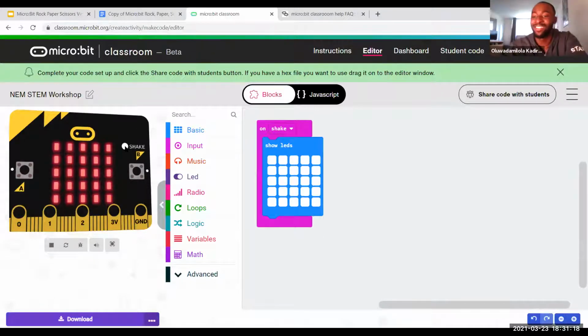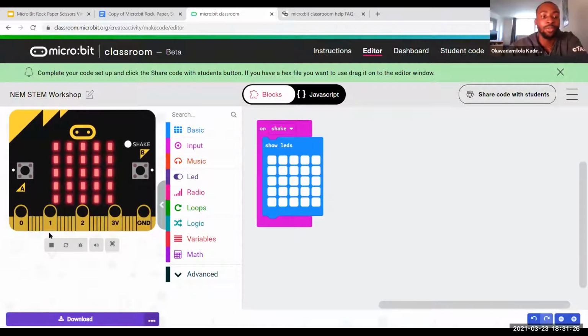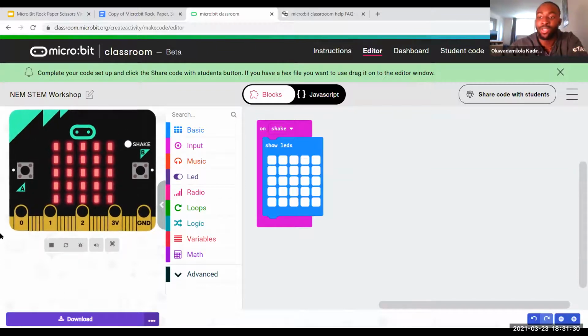There you go. That's it. Thanks. No problem. I'm not sure if you can do this on a tablet, but on a computer, if I just move my cursor on the MicroBit, it shakes. So you can try moving your hand on the MicroBit to see if it shakes too. Okay.